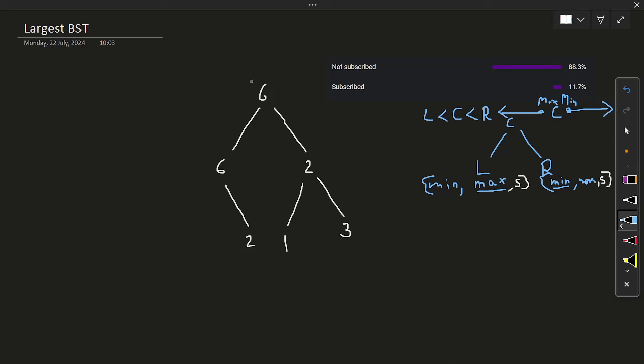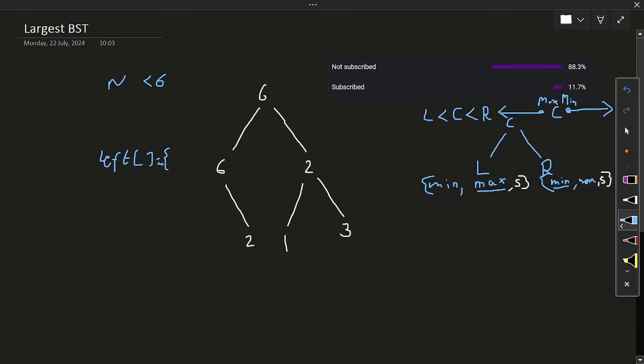So let's build this. First we go to left hand side, then we go to left hand side. So this is null. So we have to return in such a way that this node must be true. So we have to return the node in such a way. So its left side we have to return in such a way that we have null here and null value then 6. So it's left